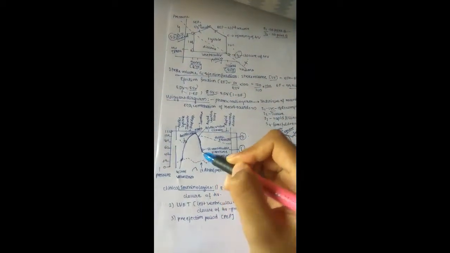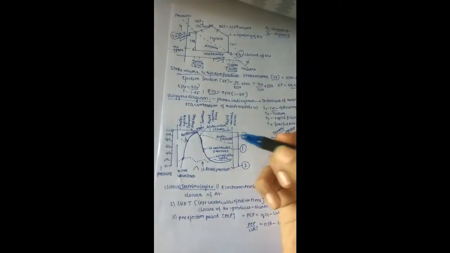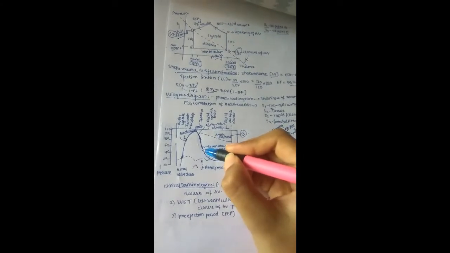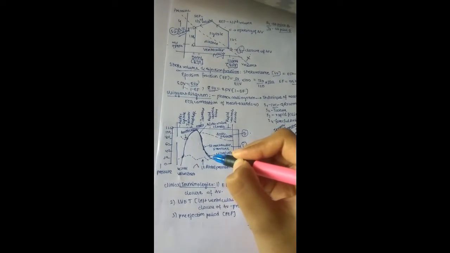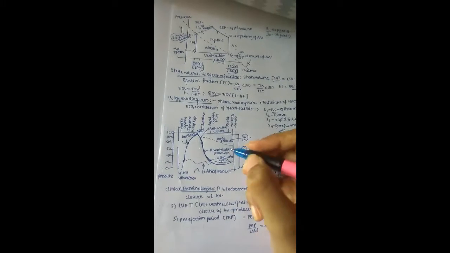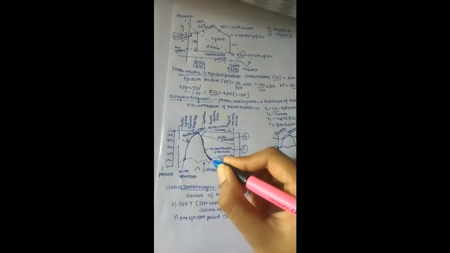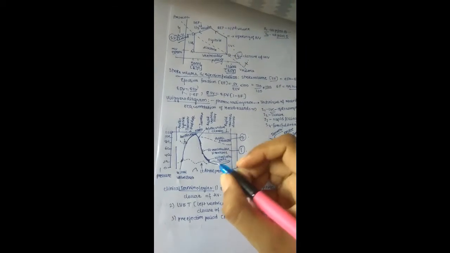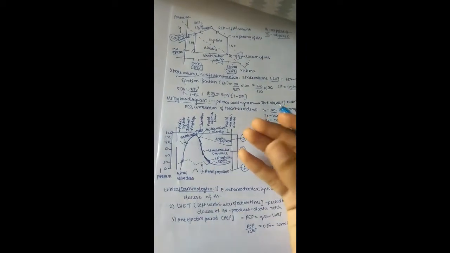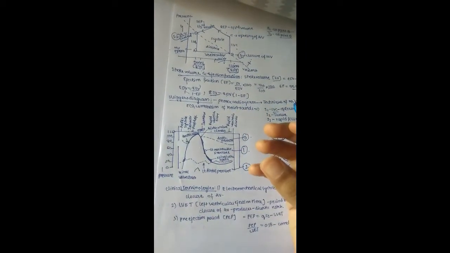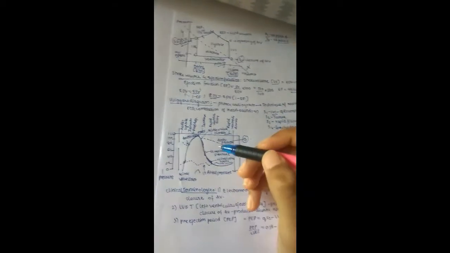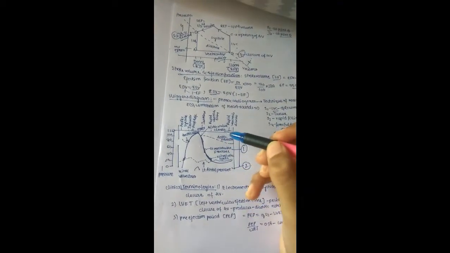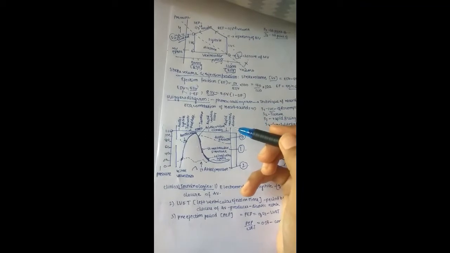And next, rapid ventricular filling. Now the ventricle is getting filled, so you get a somewhat curve-like shape because the pressure has somewhat increased. After rapid ventricular filling, the mitral valve opens. After mitral valve opening only, rapid ventricular filling takes place, because from the atria our blood is coming to the ventricle, right? And next, our